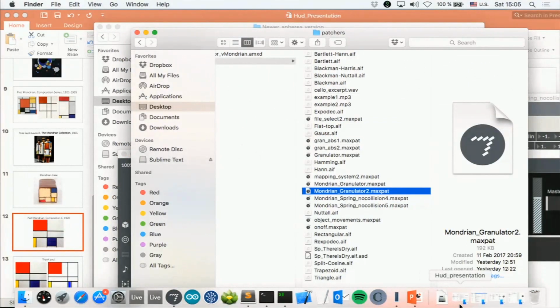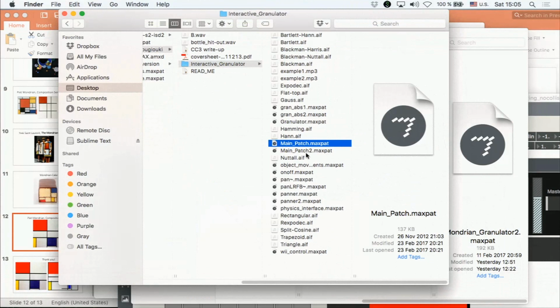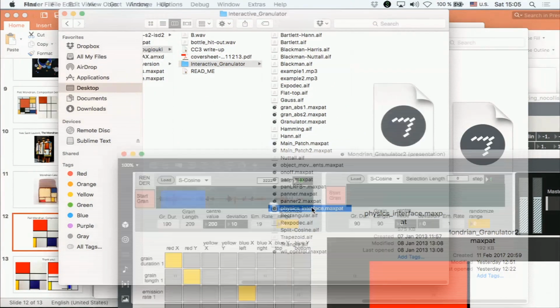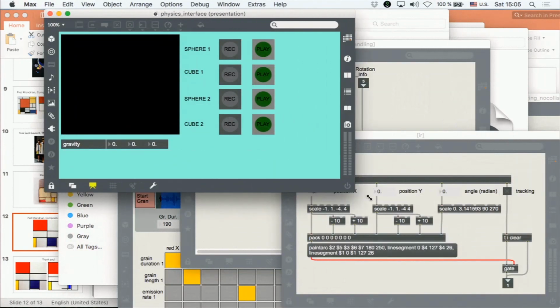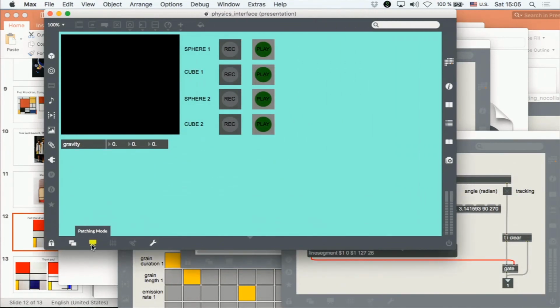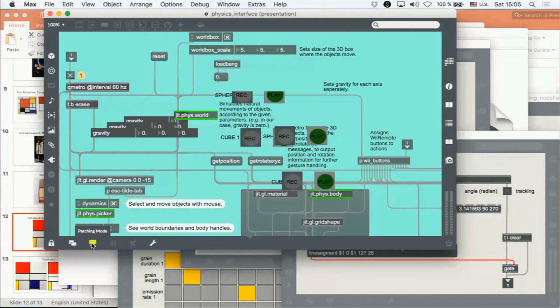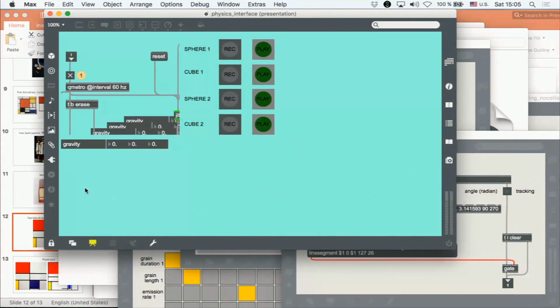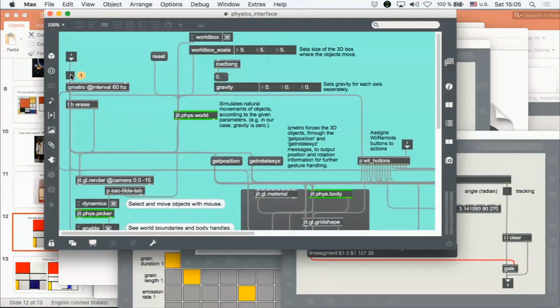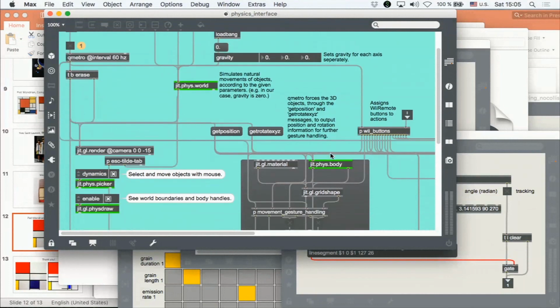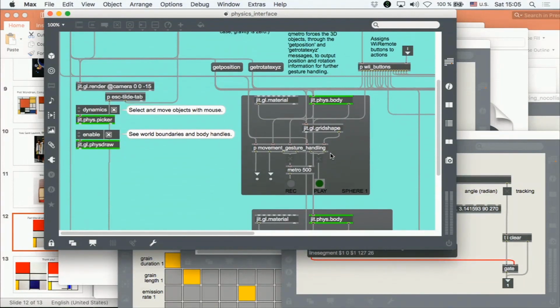I'll show first the previous one because it's actually simpler. And physics interface. So this setup with the spheres and the cubes I was showing before is actually really basic in Max.